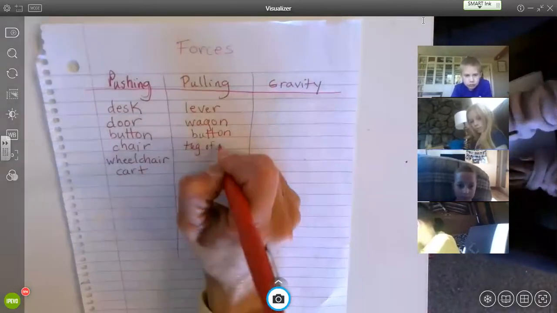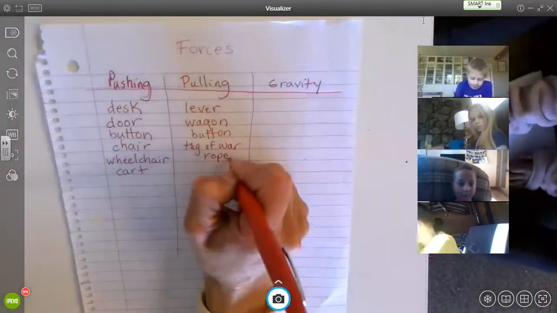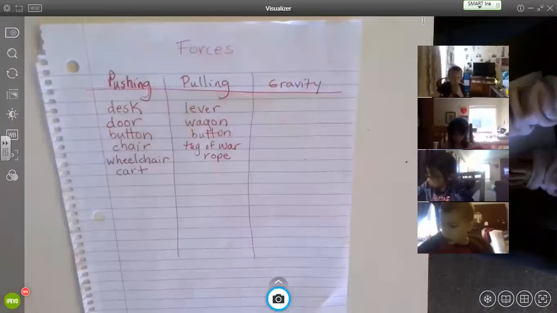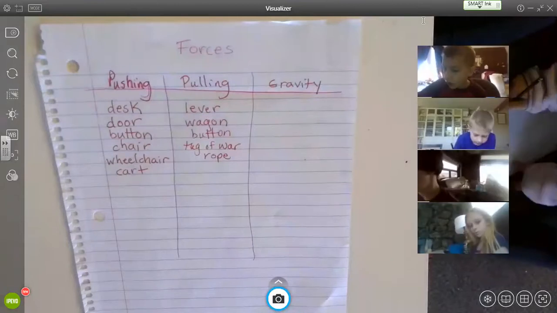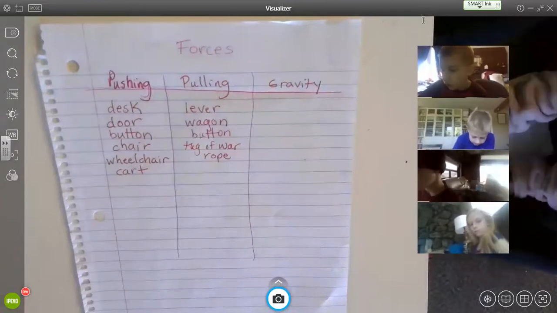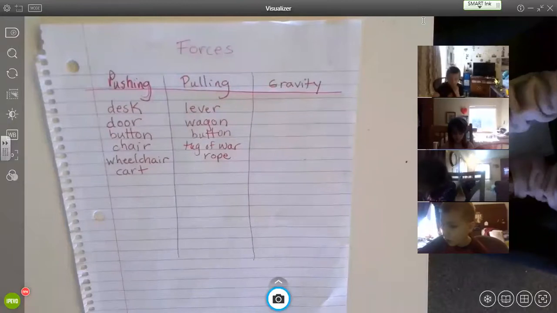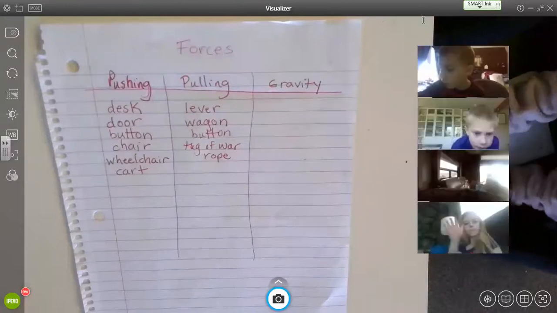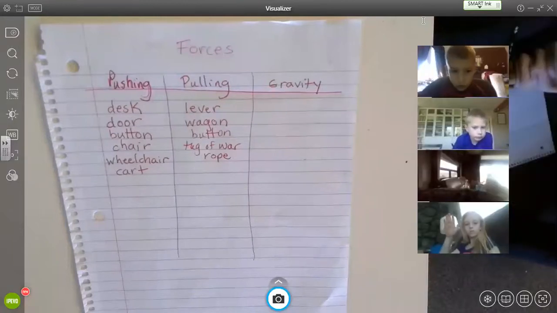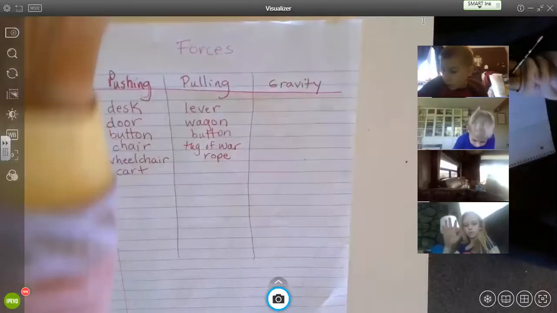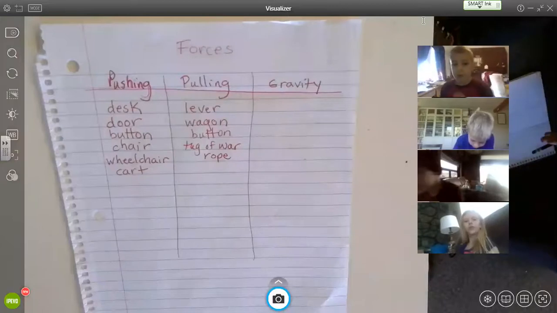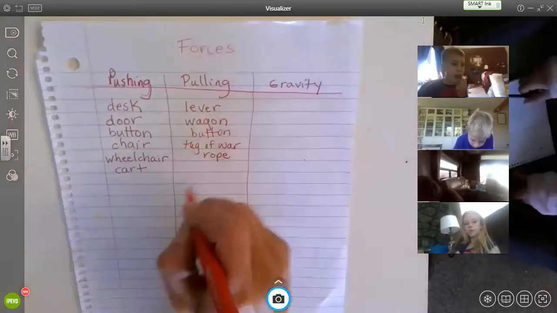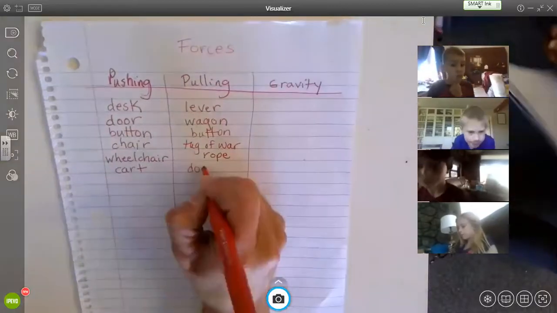You might be, and that's an awesome example. We used to play that a lot as kids. I don't think they do it anymore. Do you guys ever play tug of war? Oh, with your dogs, yeah. Okay. Haley, let's hear from Miss Calendar. A door. You can pull a door open. Sure, I love it. Okay, now gravity.